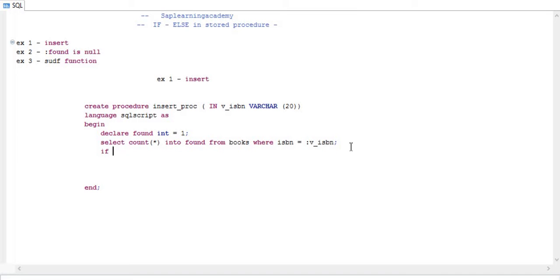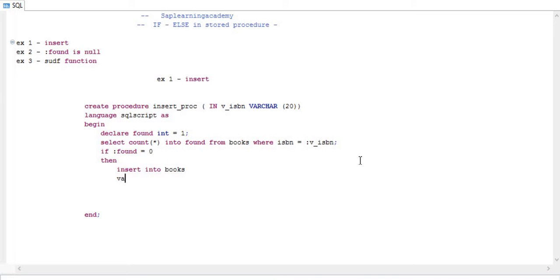If found equal to 0, suppose this is just my example, then you have to write your then logic, whatever logic you want to write. In my case we are going to use insert into books, and books is my table.